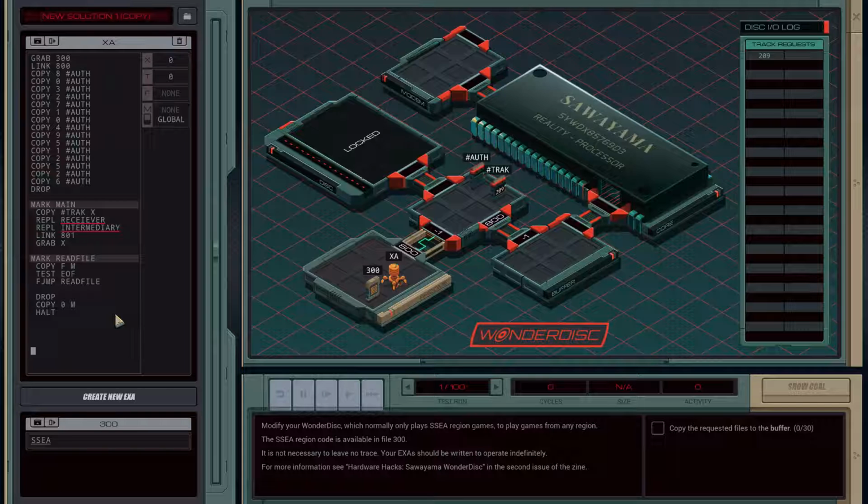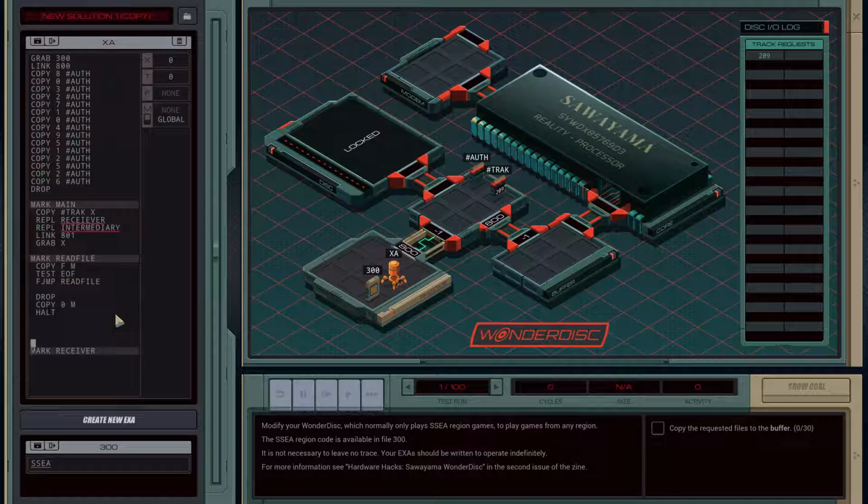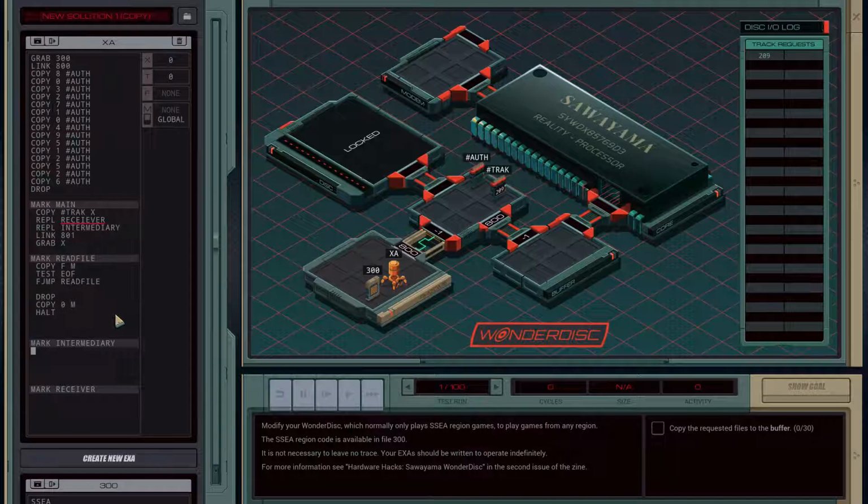Let's prototype these both, the receiver and the intermediary. Let's copy this one up here, because that's the order that's going to actually happen in. So the receiver is going to make a file,